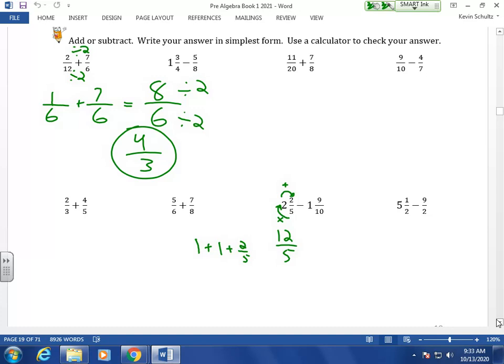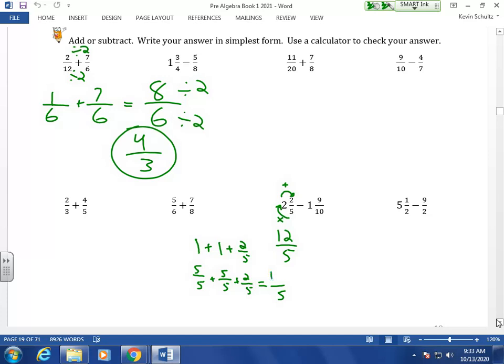We can also say that since 1 whole is equal to 5/5, we have 5/5 plus another 5/5 plus our part of 2/5. And if we look at that expression, how many fifths do we have in all? 5/5 plus 5/5 plus 2/5 is a total of